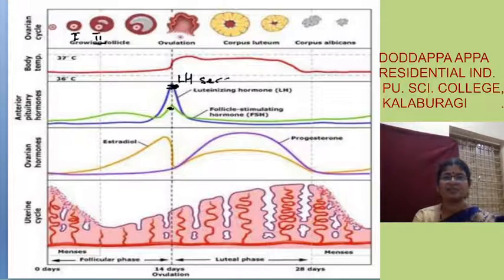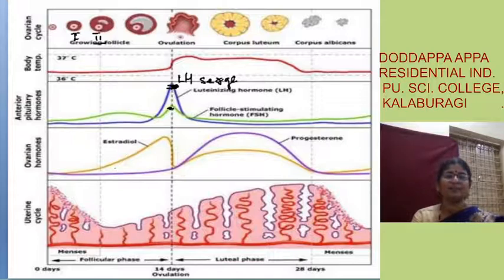It is a question which is asked in theory as well as in NEET. I don't remember in what year they were asked, but questions have been asked. Fine. LH surge is a period, a time when the LH level in the female blood will be more, and during this time the ovum is released from the Graafian follicle, that is, ovulation will take place. Then the level of LH will decrease, fine.